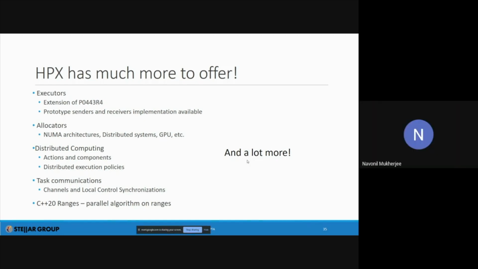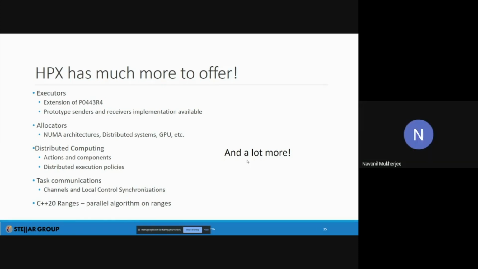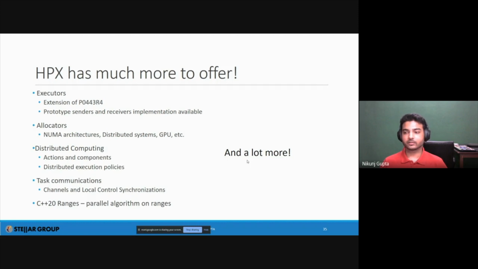So the runtime basically detects your platform and architecture, right? Yes. We support a lot of architectures. You should remember that it's a library and not a language. So anything that C++ supports, anything that the architecture supports, you will be able to do in HPX. Got it. I'll definitely look into it.